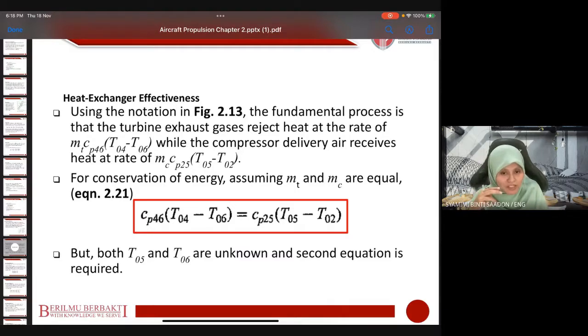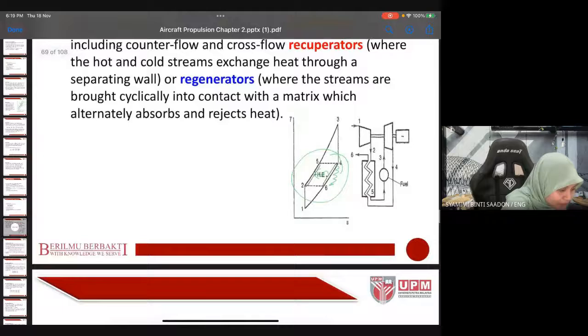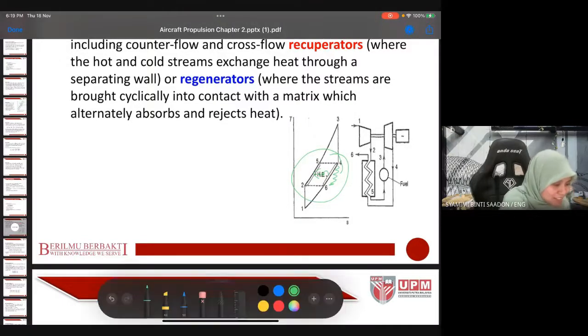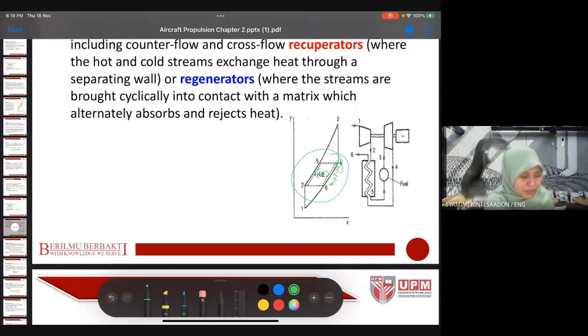4 to 6 just now. So this rate can be calculated as M C P, mass, specific heat, and the change of the temperature, while the compressor delivery air receives heat at the rate of MCP (T05 minus T02). So actually, what the sentence means is that the exhaust gas exiting the turbine, at state 4, position 4, will reject heat at the rate MCP just now, and will deliver